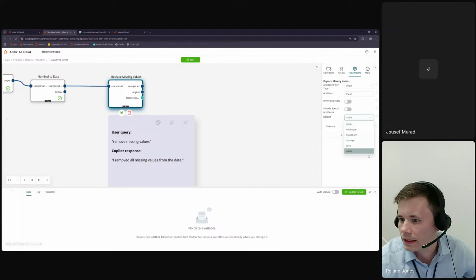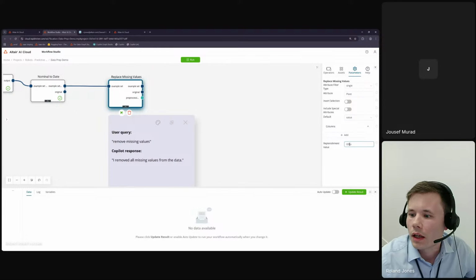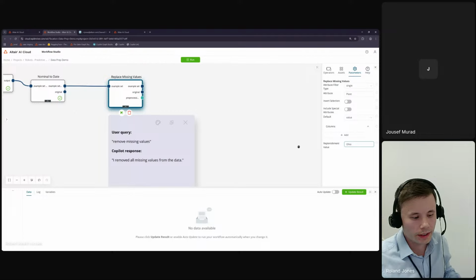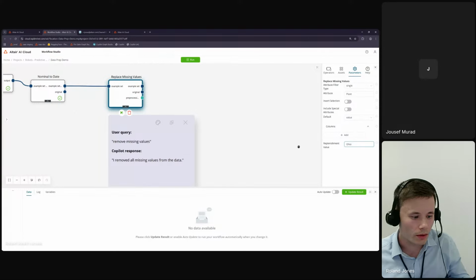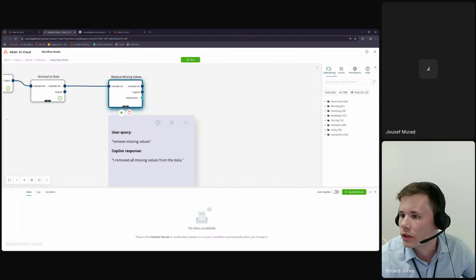And we want to replace it with a value. In this case, I happen to know that the missing values we want to replace with Ohio. Again, of course, we've got lots of different options here. If you want to replace it with a 0, with an average value, with the most common value, things like this as well. So I've set this up as I want, and then what I'm going to do is